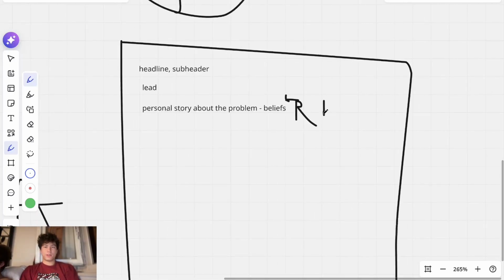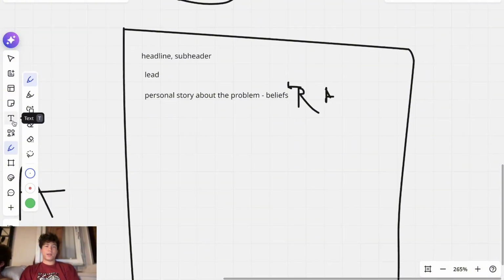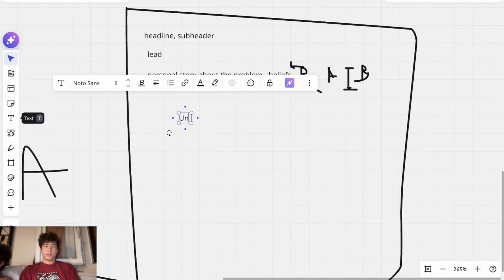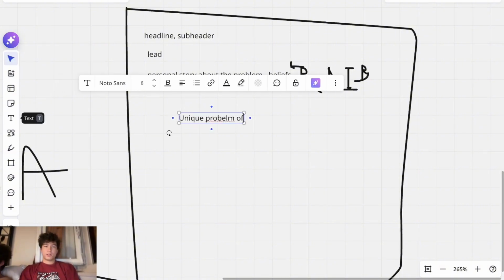Really go into the avatar here and try to figure out what these people are really going through. You want to speak to them here and use their internal beliefs, all the breakthrough advertising stuff. And then you transition into the unique problem and solution,